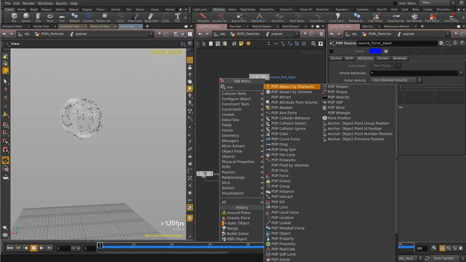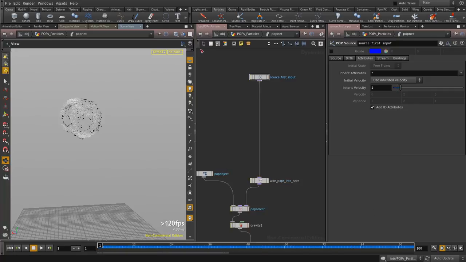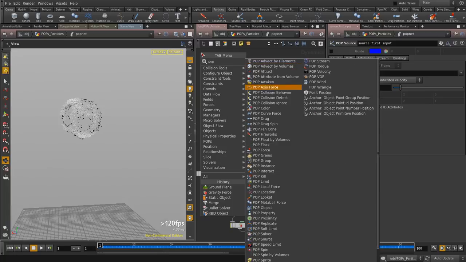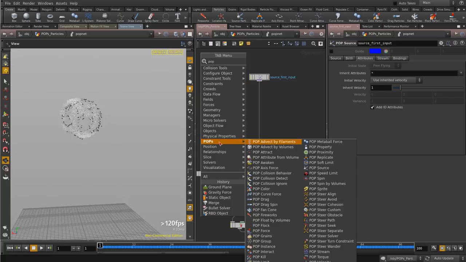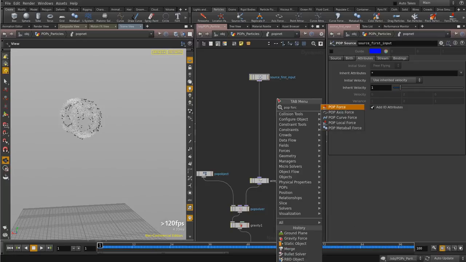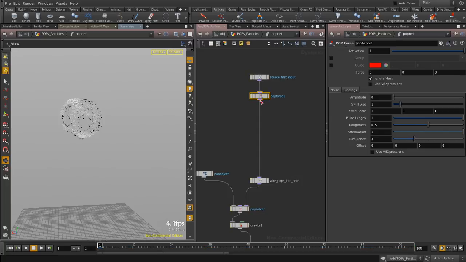So if I press tab, write pop, you can find here every single operator that works with my particles. So if I, for example, create the pop force,